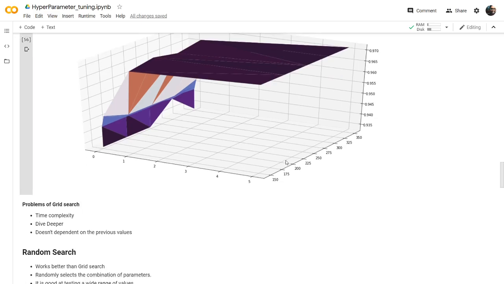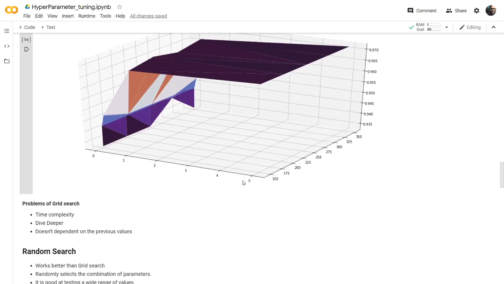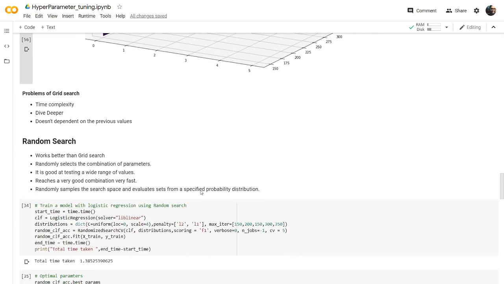But whenever you go to a random search, it will be trying random values from this grid and training your algorithm. So if we have 60 combinations, the grid search will try all 60. But a random search will try very few values, because it takes only random values and trains the algorithm.